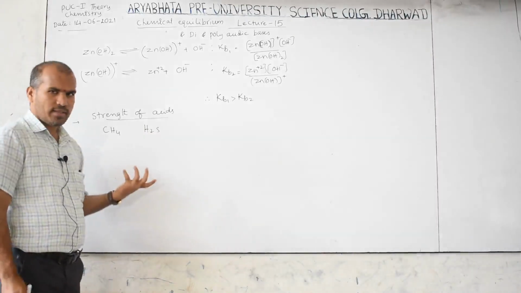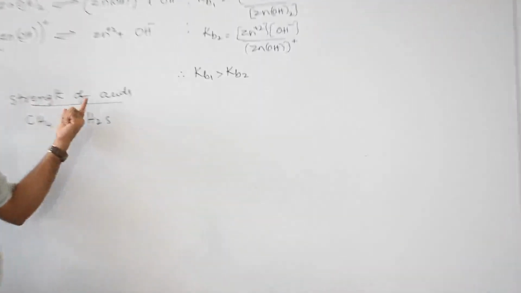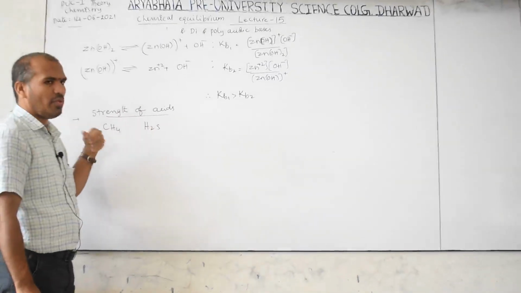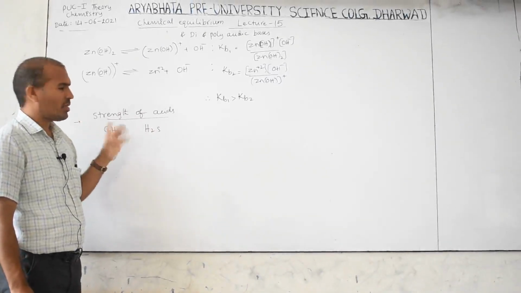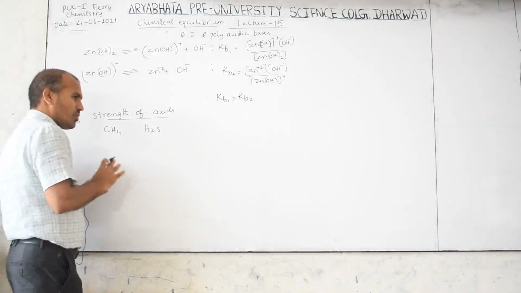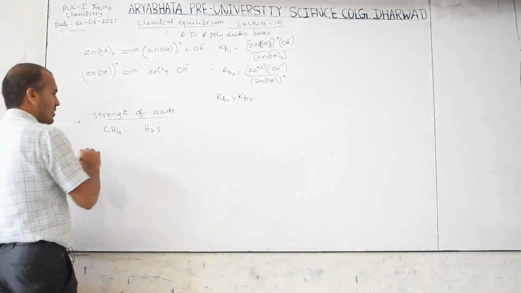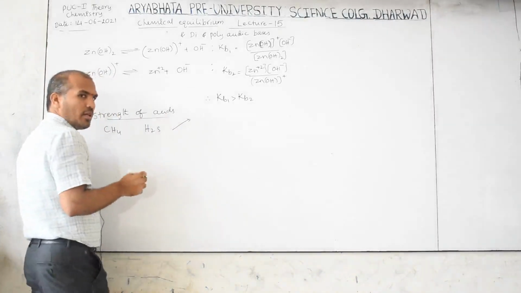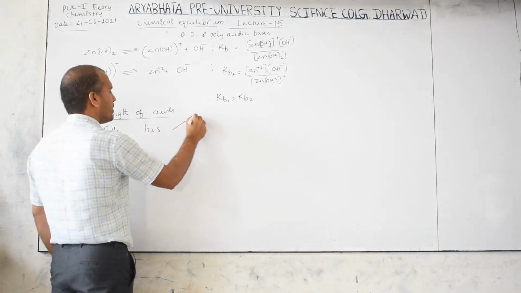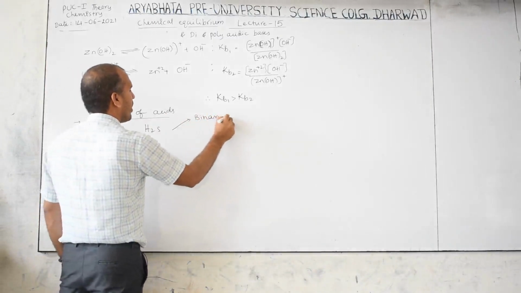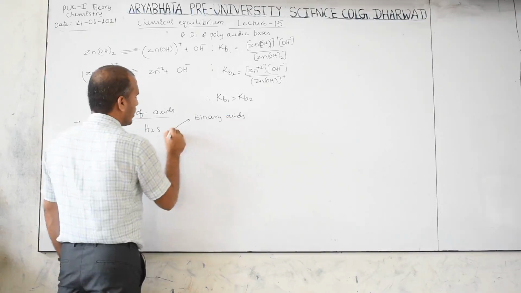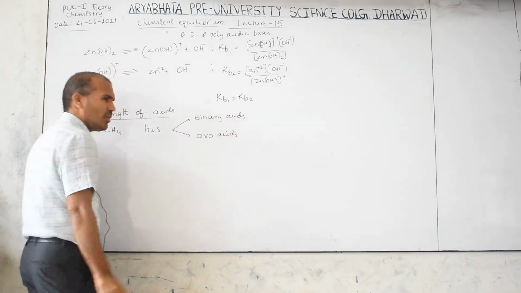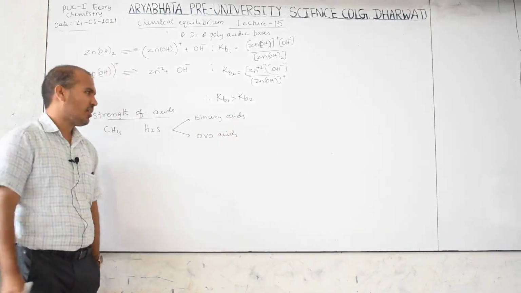To answer this, you have to know the concept of strength of acid now, because this is acidic, and this may be a totally weak acid, considered basic in nature. To understand this concept, I want to divide it into two parts for explaining basic and acidic strength. One is binary acids, the second one is oxo acids. Headings like this will not appear in your textbook, but it is a very easy way to understand.